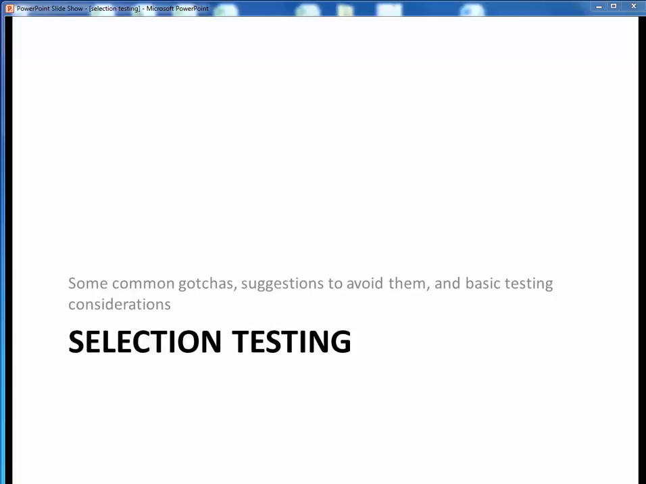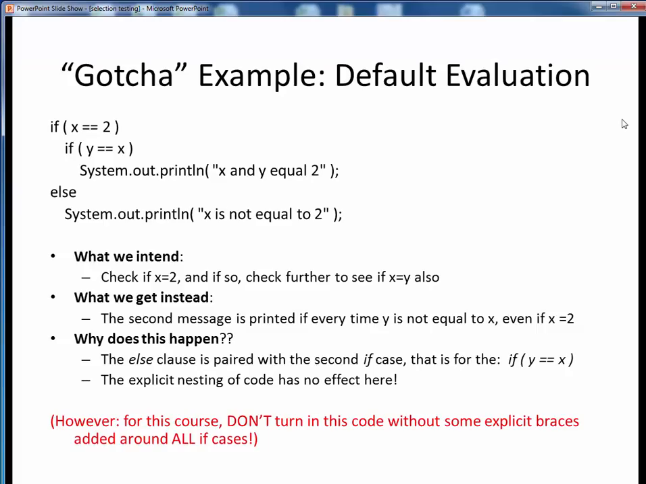In this video lecture, we'll take a look at some common selection gotchas, some suggestions to avoiding them in the first place, and a few basic testing considerations. Okay, let's get started. Here's one common gotcha when creating selection logic, and that would be reliance upon default evaluation